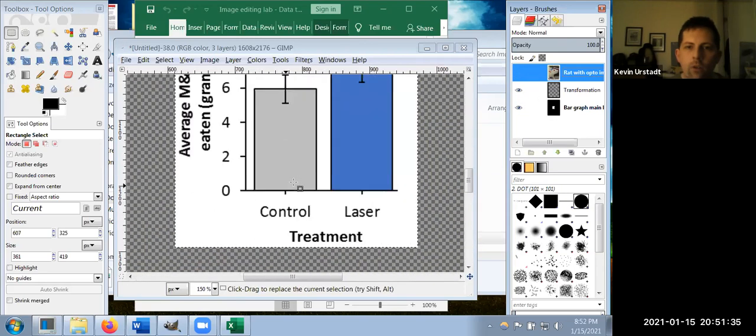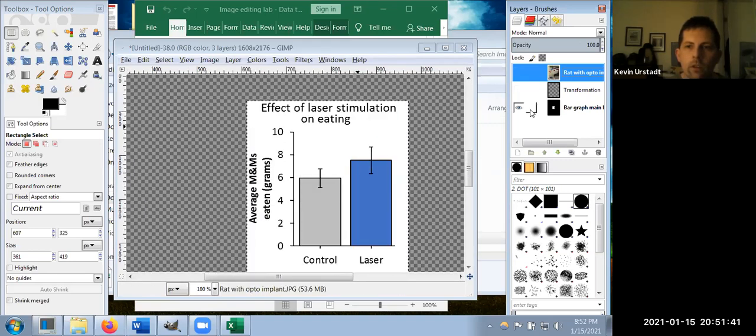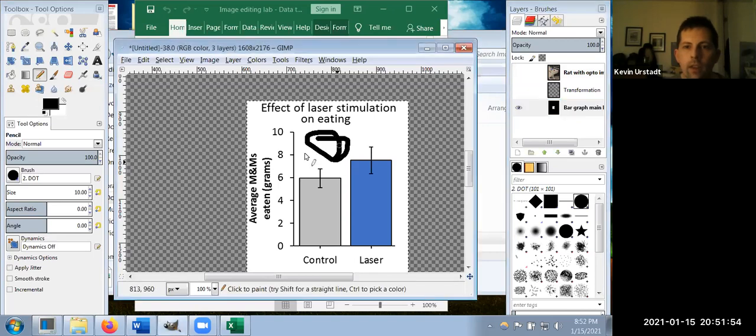I don't believe I showed the layer locking, by the way, so let me just go ahead and do that right now. Let's say we only have this bar graph layer visual here. If I click the locking button, it prevents us from doing anything to that layer aside from moving it. So I can draw on it normally when I select the layer and then do this. But if I lock it,